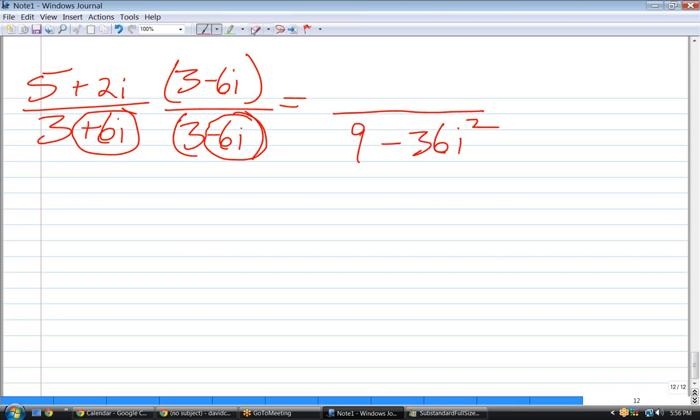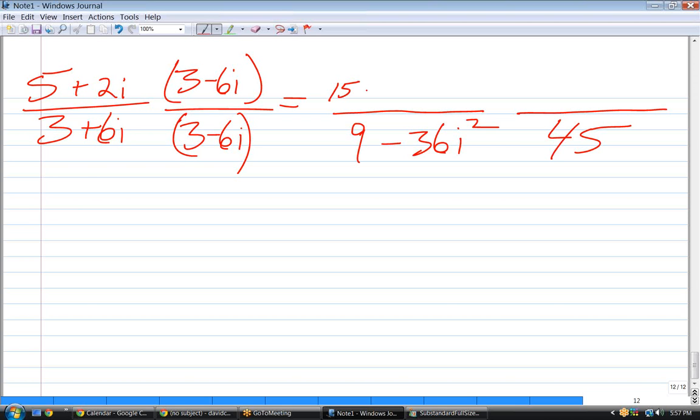36. Oops. Okay. That's what I did wrong. What's that equal to? What's the new denominator going to be? 9 minus 36i squared. That would be 9 plus 36. Okay, so 45. Okay. Numerator? That would be 15 plus that'd be minus 30i